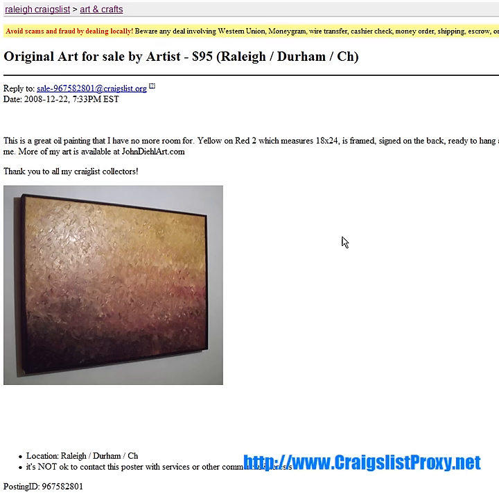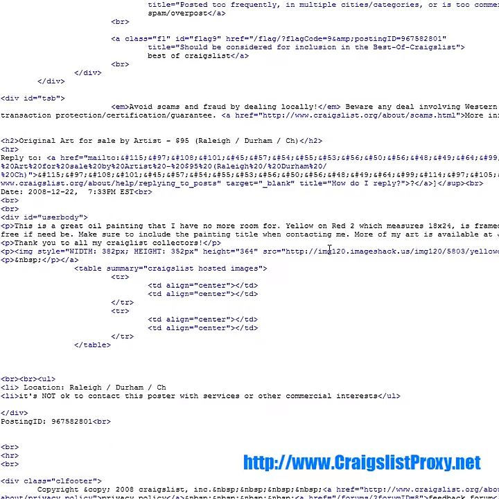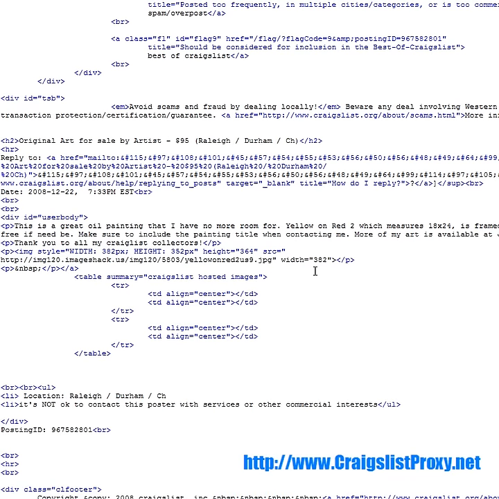Now, if you view the source code of this page, you can see that they're hosting here at Image Shack. If you're hosting your images at Image Shack and it's working, you're probably going to have to rename the file. If you use the same image 400,000 times, this file name here, Craigslist is going to pick up on that. Now, will they block it? Who knows? Give it a go and try.